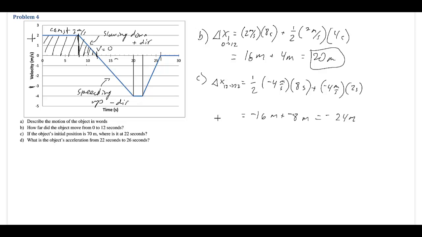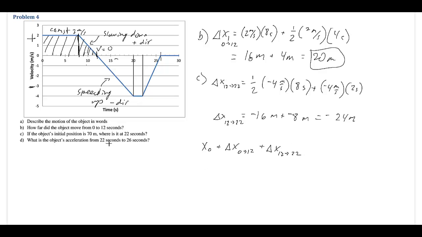So that is our displacement from 12 to 22 seconds. To find the total displacement, or our final position, we have to add everything together. So we have our x initial plus our delta x from 0 to 12, plus our delta x from 12 to 22,